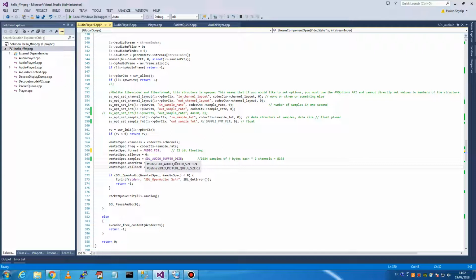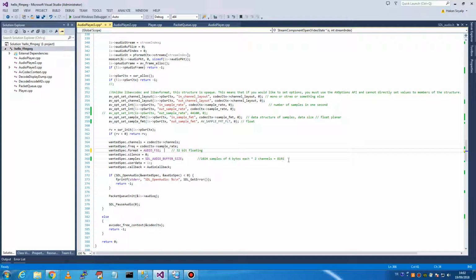Preferred size is 1024, and we see that our data will be 4 bytes each, so 1024 samples of 4 bytes, and per 2 channels. Remember, it was 2 channels stereo we want, and SDL is